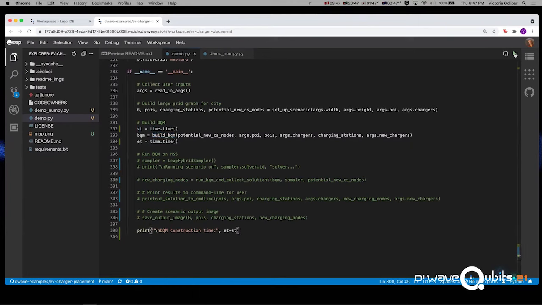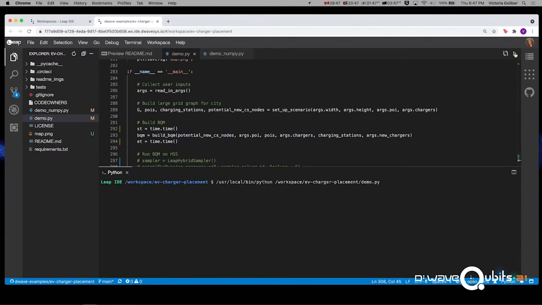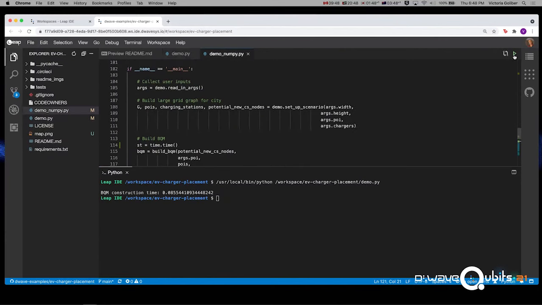So let's run this and see how much time it takes to build up the BQM using for loops for this problem. So this is pretty quick. I mean, it's not a huge problem. I think the grid is like 10 by 15. So not a massive problem, 0.085 for our runtime. Now let's go over to the NumPy function and run that and see what we get. Again, not a huge problem, but look at those cost savings already, right? So much, much faster using the NumPy method.